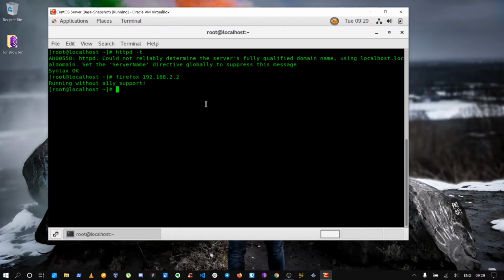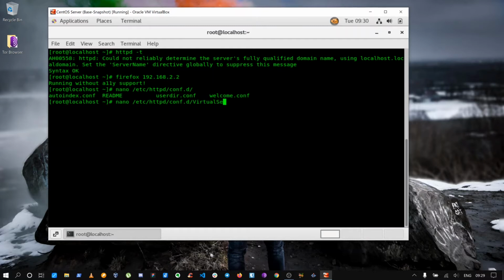Obviously we will not be using the IP address in order to access a website, so we need to have a domain name. For that we will have to configure the HTTP configuration file. For that, nano /etc/httpd/conf.d, you will create your custom configuration here.